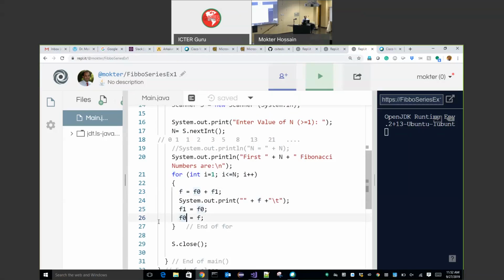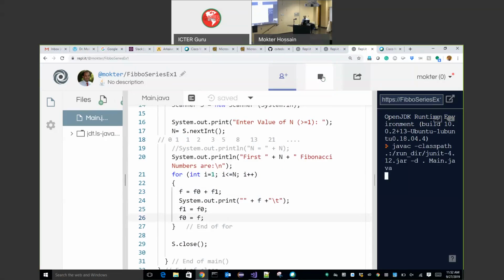So in the second iteration, I will get f equal to f0, which is 1, and then f1 equal to f0, so I will get f1 equal to 1. This is the one I will get. And then so on.